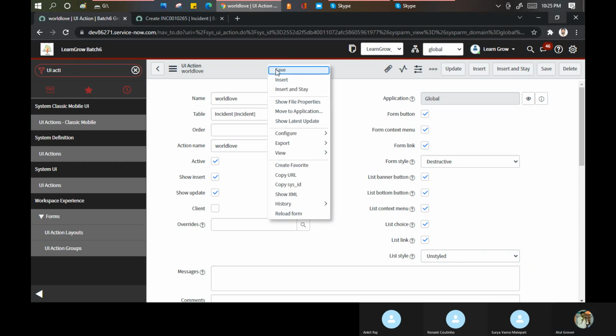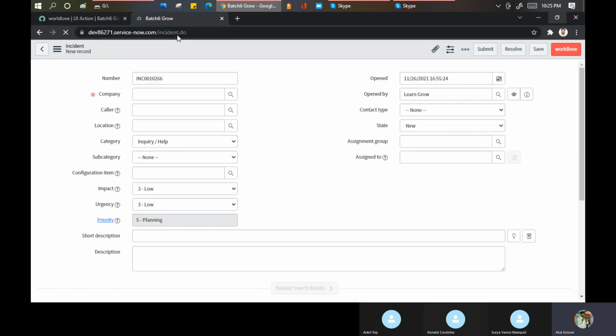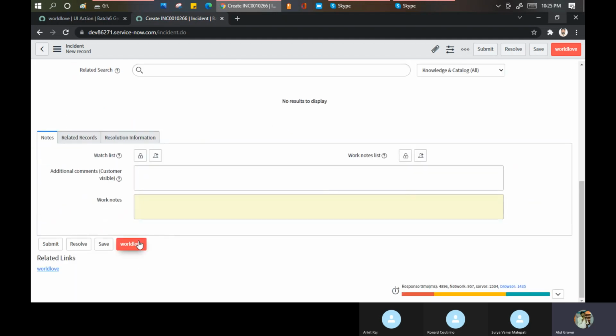Save. Reload this page. See, it is a destructive type, red color, specifically used for emergency changes, major incidents. ठीक है, यहाँ पर ये हो गया.